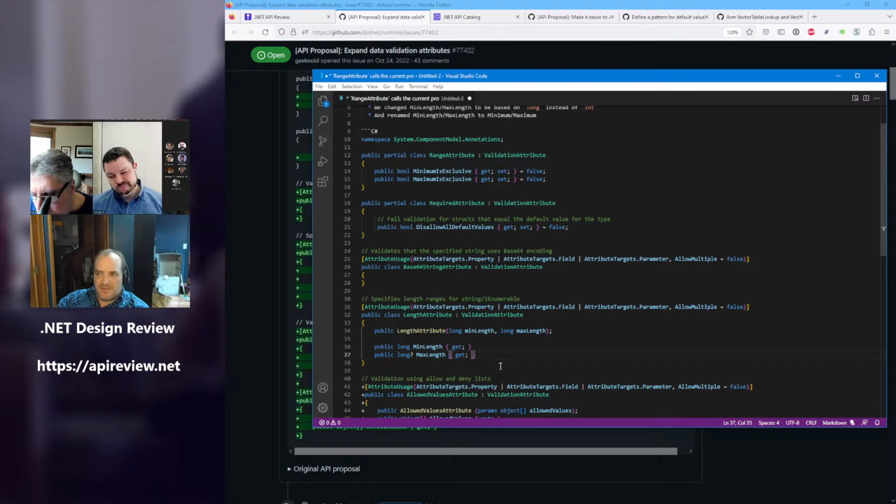Yeah, because like Length 5 meaning the minimum length is 5 is not necessarily intuitive. But I don't think we have to go back to the drawing board adding to MinLength. I don't know.